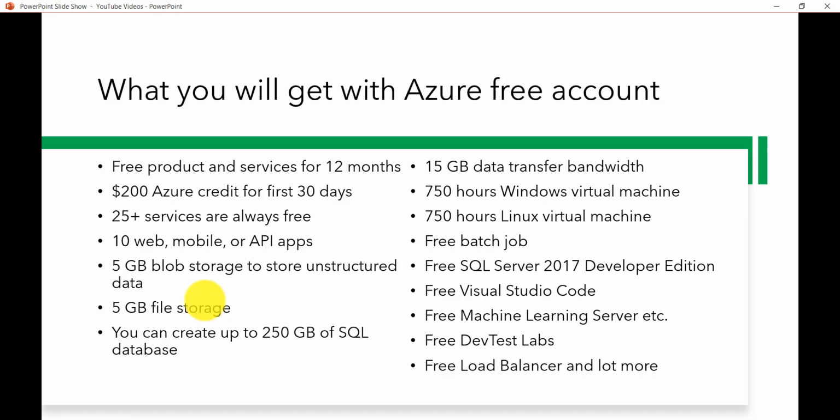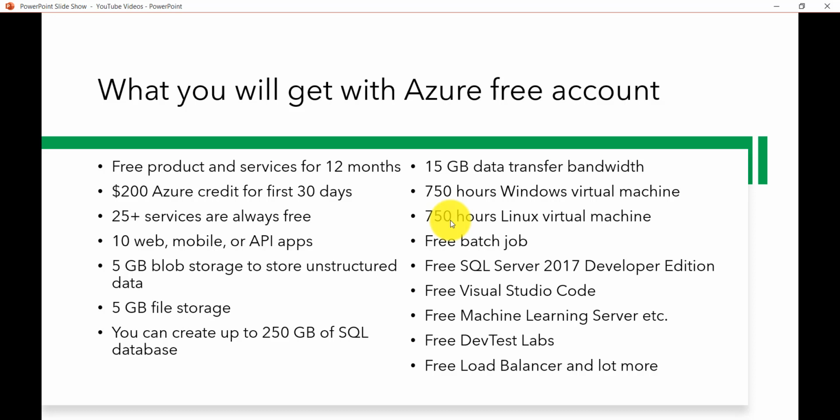That means you can create up to a size of 250 GB. Similarly, you can transfer bandwidth, which is 15 GB. There will be 750 hours of Windows Virtual Machine or the VM, and then 750 hours of Linux Virtual Machine. So you'll get that thing also.